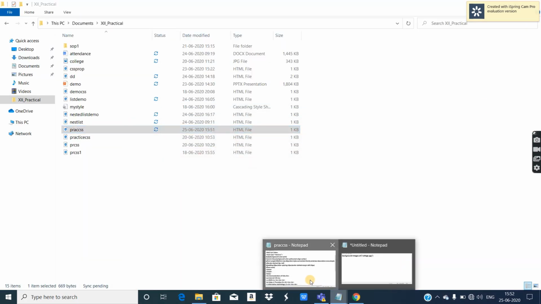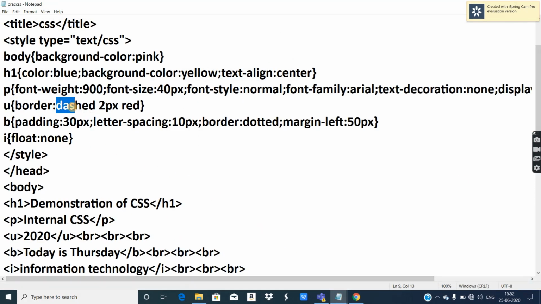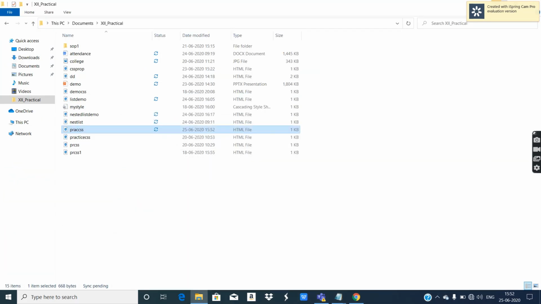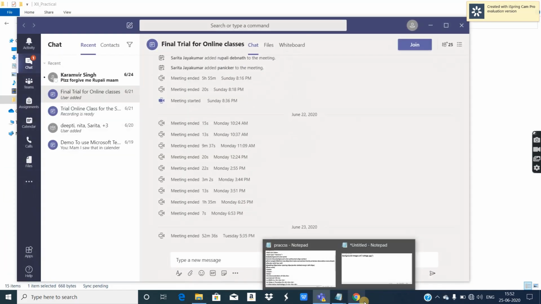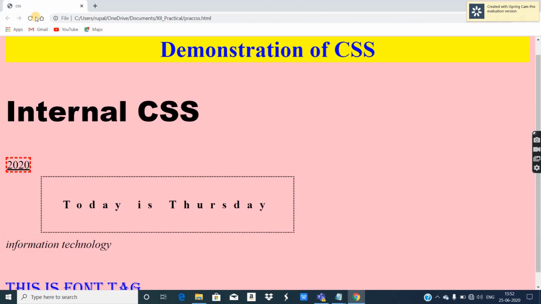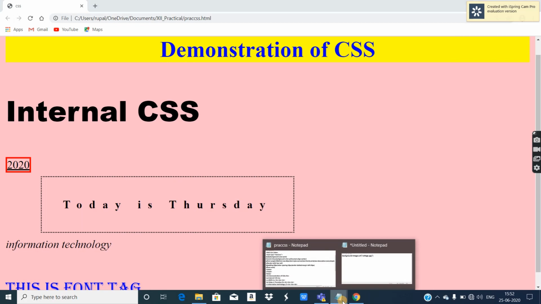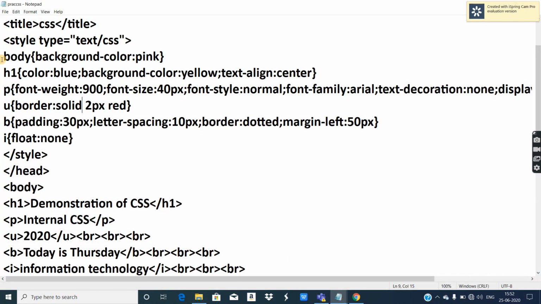Which are other borders? Dotted, dashed, solid. Refresh. Okay, this is the solid border, simple line border. Then we have solid border, dotted border, dashed border, ridge.